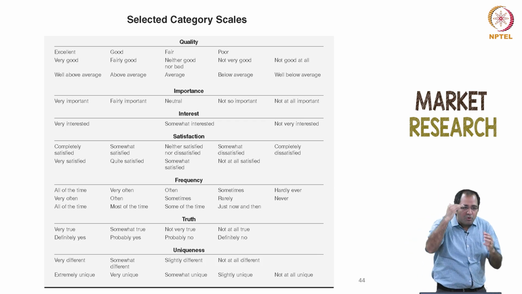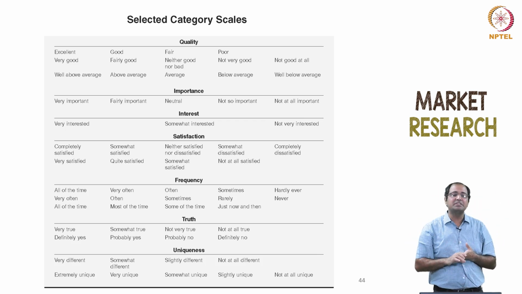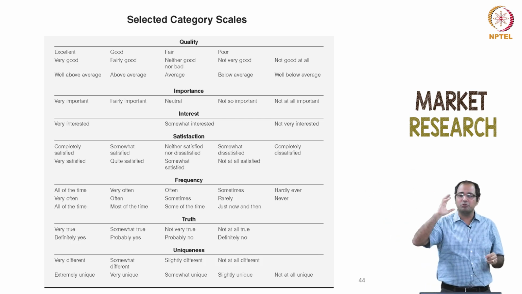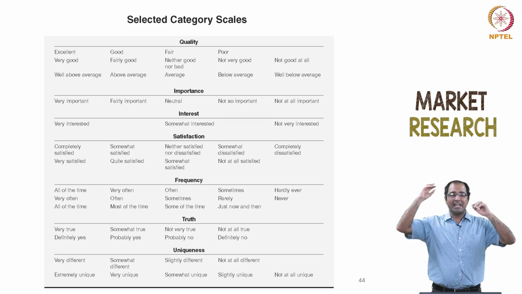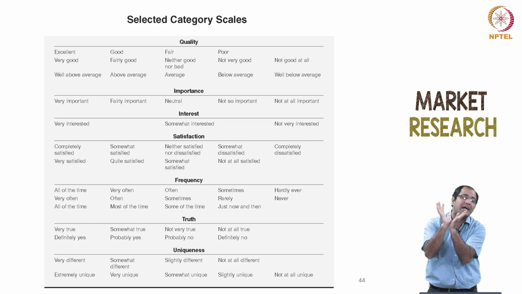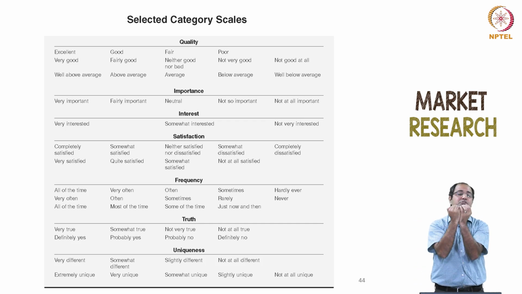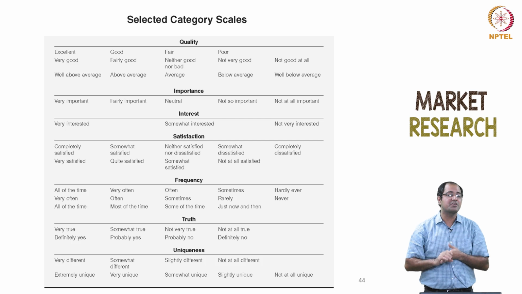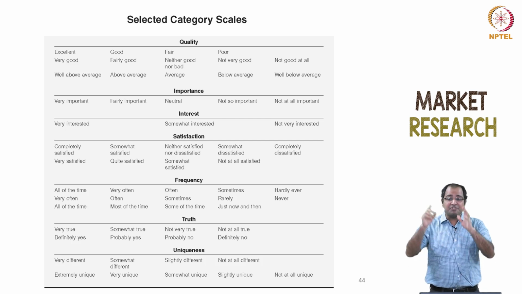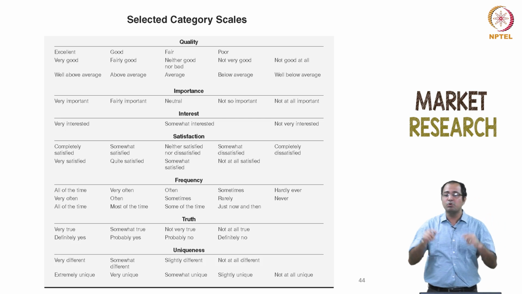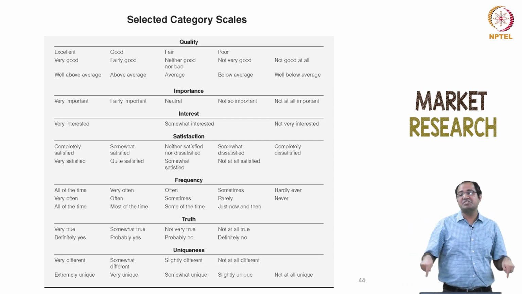One is, before we use these multiple statements, we run certain tests of reliability and validity. We will come to that, to make sure that if the concept of boredom happens, all these 5 should happen. These 5 should be representative of boredom, which means there would be a correlation. But if you are still getting polarized answers, one possible reason is that somebody who is filling it is not paying attention